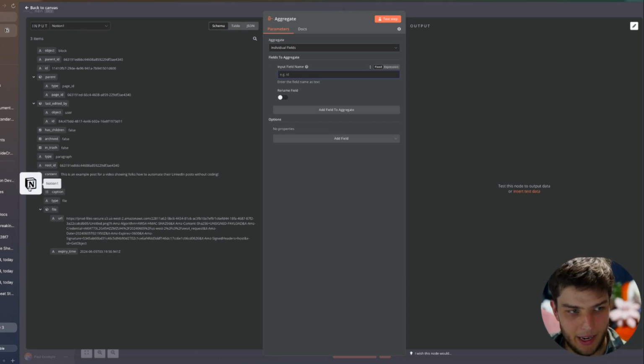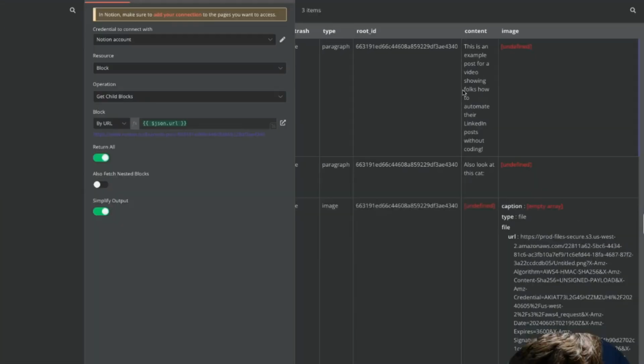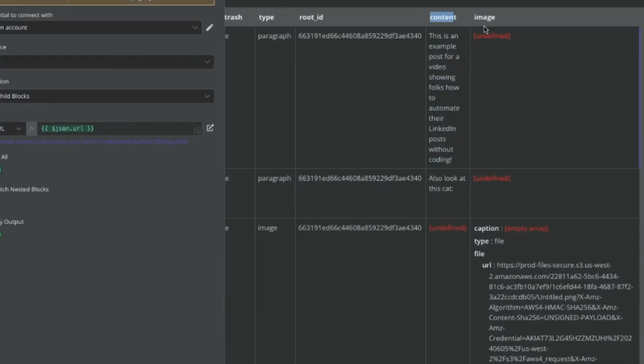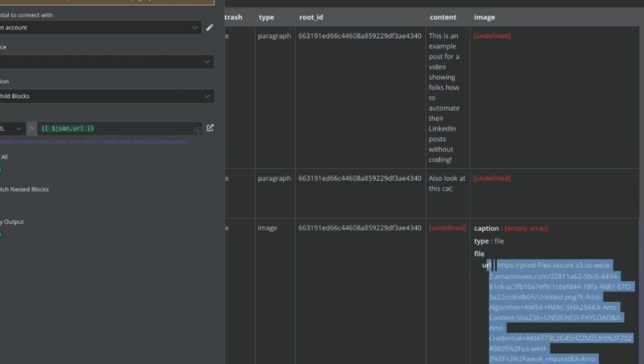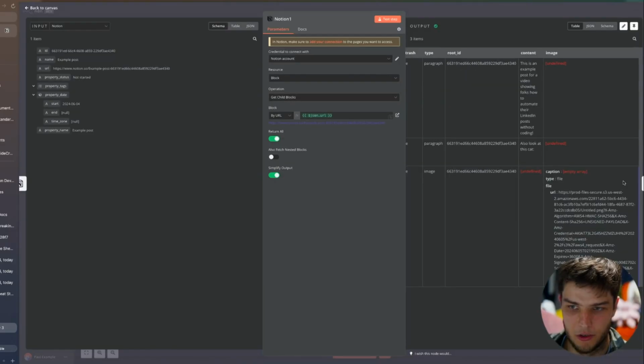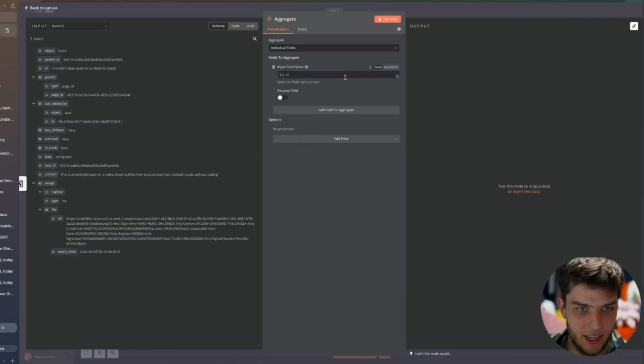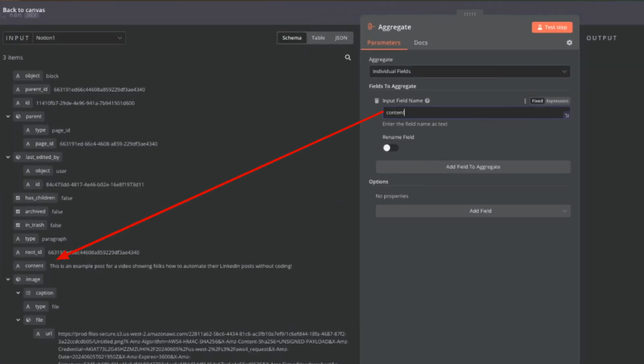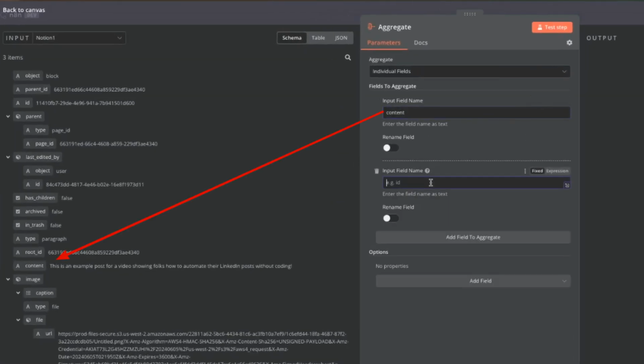If we remember back here on the left to the previous node, we have content, and if there's any image.file.url text, we want to pull that out too. So on the right, I'm going to go back to aggregate. And for the first thing, let's type in content. That's the first field. And then we want, I think it was